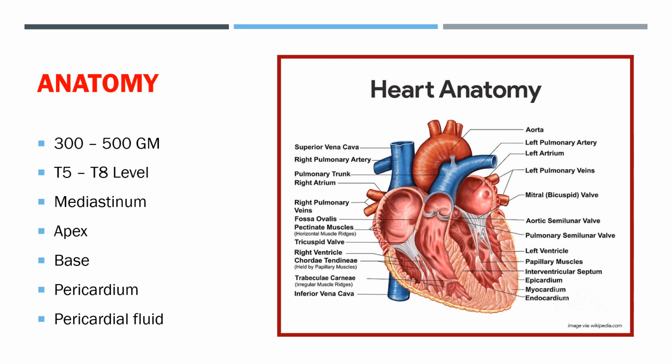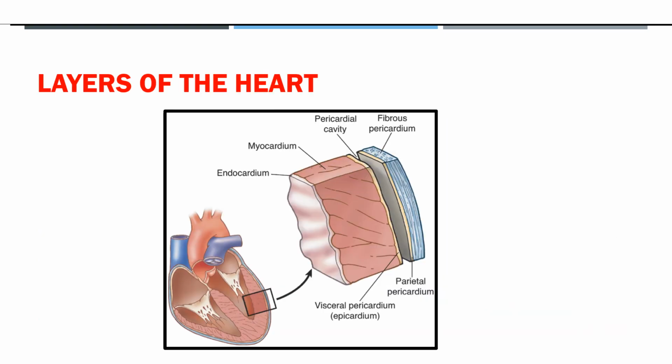The inner serous pericardium is divided into two, the visceral and parietal layers. The visceral layer is the inner one and the parietal is the outer layer. In between these layers there is a space known as the pericardial space, which is filled with pericardial fluid. The fluid is around 10 to 25 ml, and some books say around 50 ml. So that is about the basics.